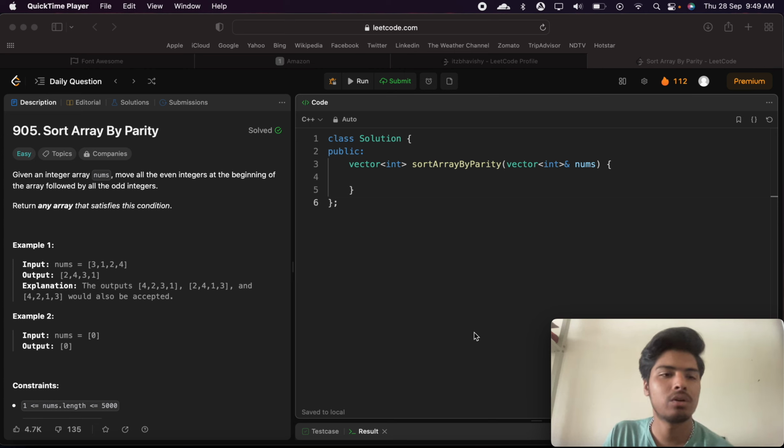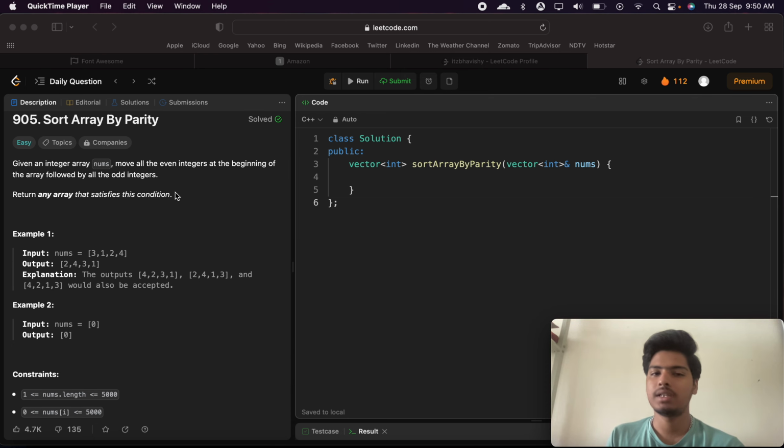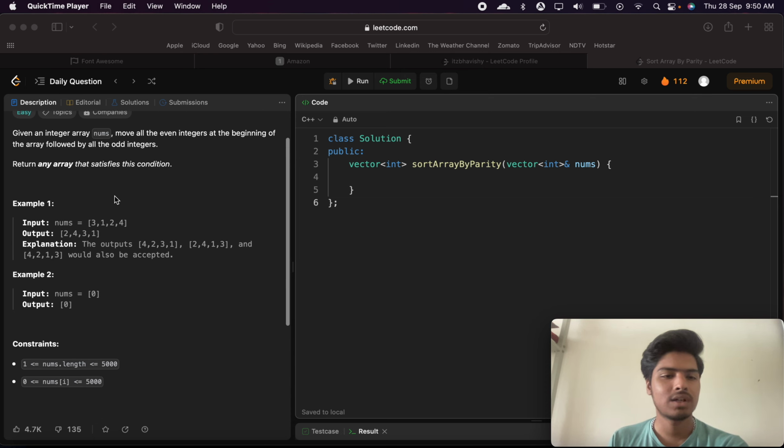Here is the new LeetCode problem, which is named Sort Array By Parity. LeetCode 905. In this problem, we are given a nums array, and we have to do one thing: move all the even integers to the beginning of the array, and odd integers at the end of the array. So it's quite a simple problem, because we are given a nums array, and we have to